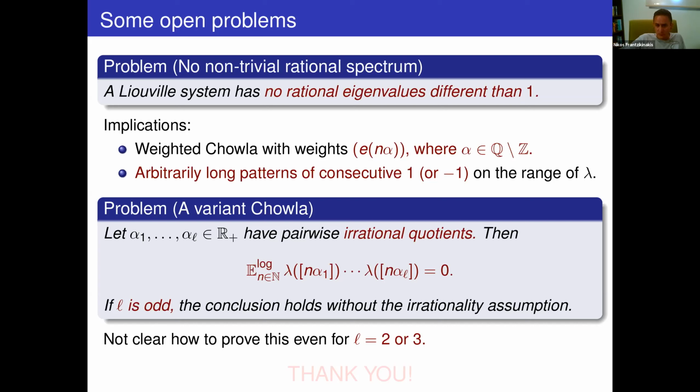There is no obvious way to translate it into ergodic theory. For similar problems that have n, just one alpha, and shifts of n, I could translate them into ergodic theory. But now that I have dilations, I didn't manage to write an equivalent ergodic statement. I would be very happy to see it, perhaps something obvious I missed, I don't know. Or prove it any way you like for L equal to 2, or if it's more convenient, for all odd L or whatever. Not clear at all. So I will leave you with